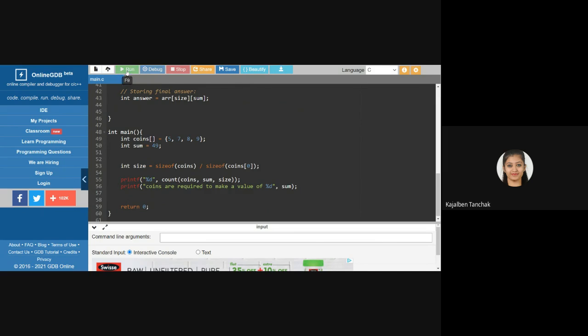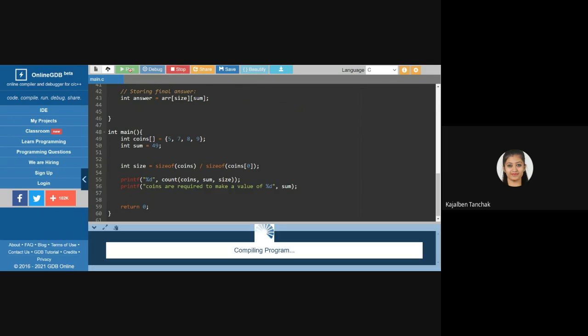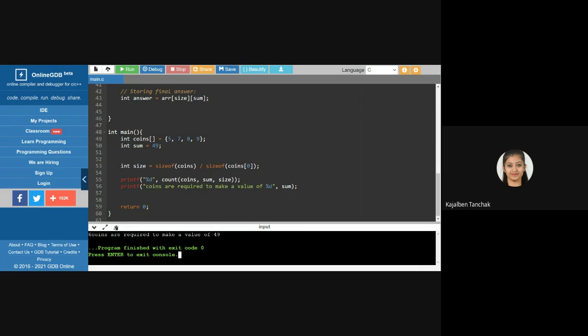Let me run this practical. You just see here, 6 coins are required to make a value of 49, right?